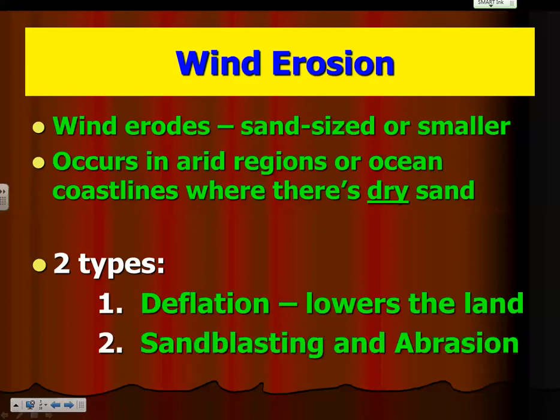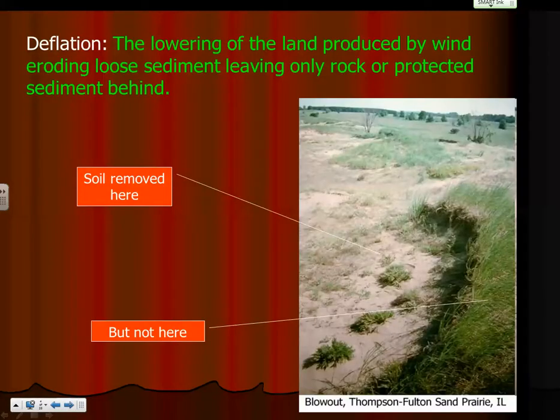And many rocks will take on a sandblasted or frosted or pitted appearance after erosion by wind and windblown sand. And that's simply a form of abrasion, which we've learned about with water erosion. And there's the definition for deflation: the lowering of the land produced by wind, eroding loose sediments, leaving only the